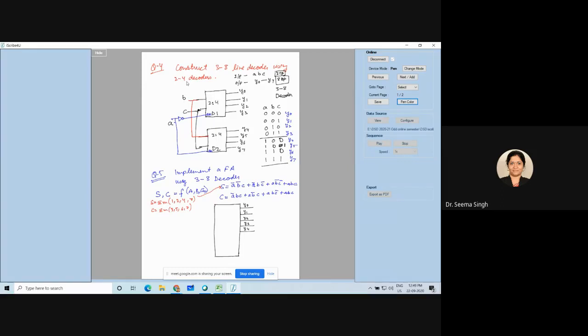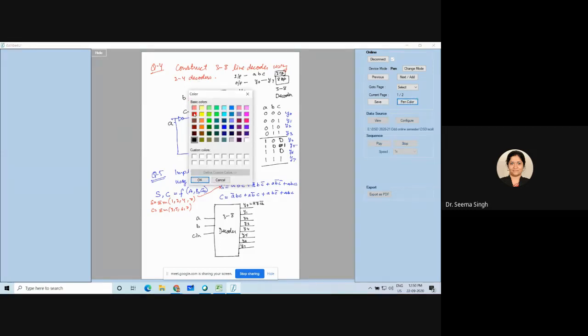So what is Y0? Y0 is nothing but A bar, B bar, C bar. The inputs are A, B, C in. This is your 3:8 decoder. Now, Y0 is A bar, B bar, C in bar. Just for the sake of completeness, I am writing one of them. Then Y0 to Y7 are listed out here. Now you are supposed to make your sum and carry.